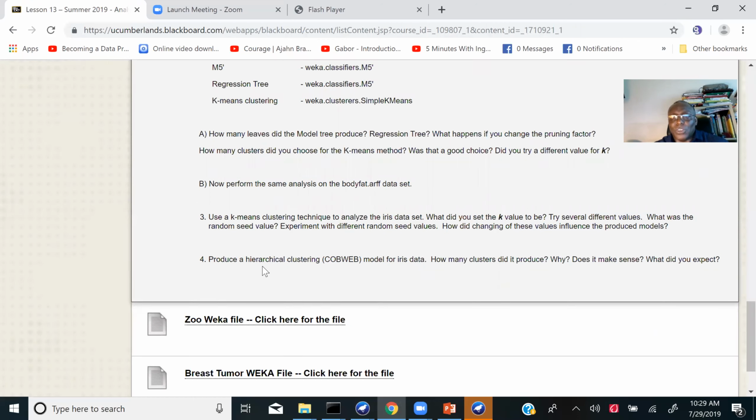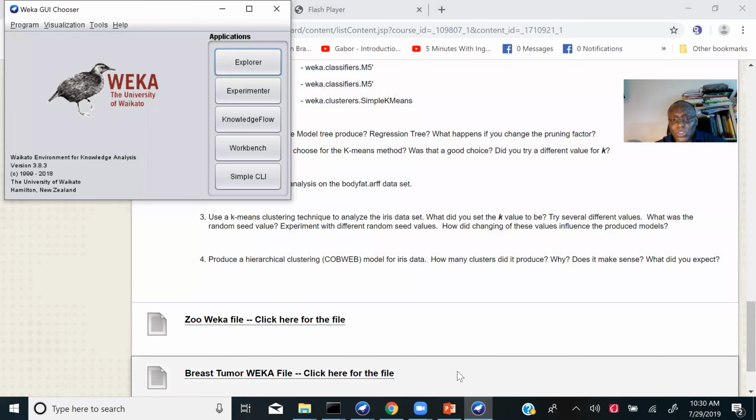And as we said earlier with Weka, we have 3 steps. First, get your data. Second, analyze your data. Then thirdly, interpret your results. And when we get the data, we have to do data preparation. So again, with Weka, get your data and prepare it, analyze it, then see your result and interpret your result.